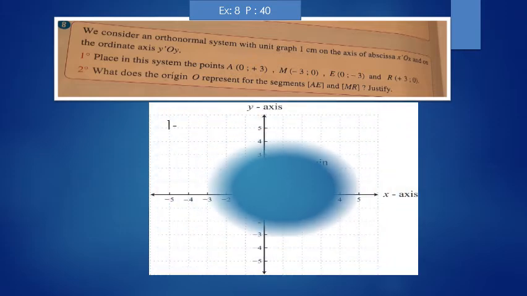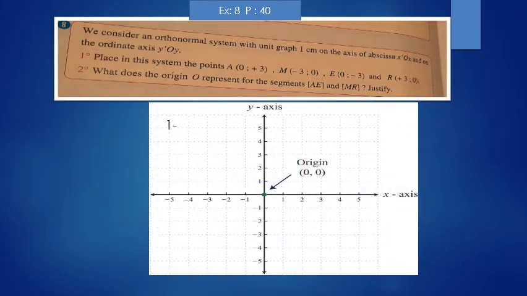So I have to draw both axes with the origin O. I have to write here numbers 1, 2, 3, 4, etc. Positive values to the right and negative values to the left. According to the y-axis, the numbers with positive value should be upward and the numbers with negative value should be